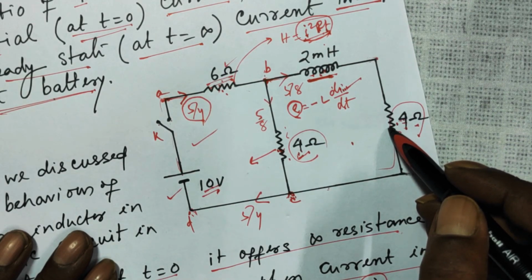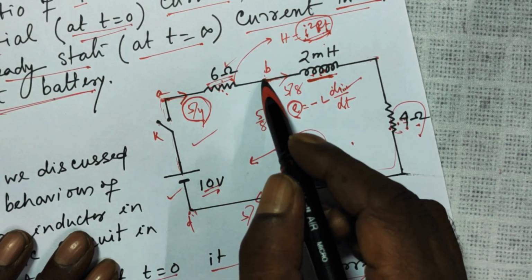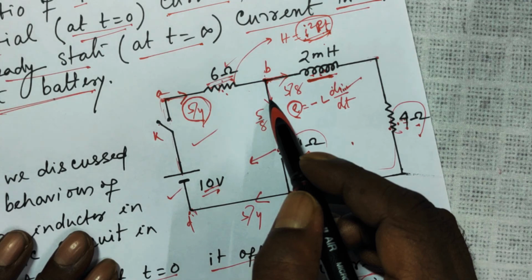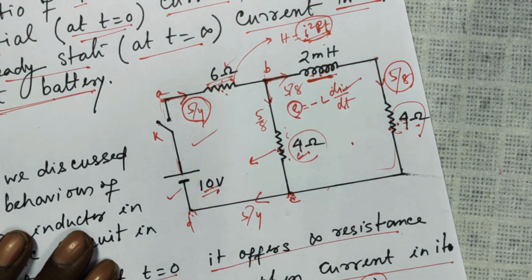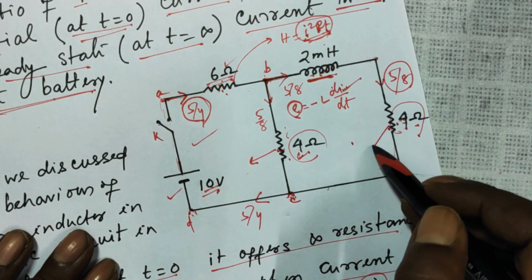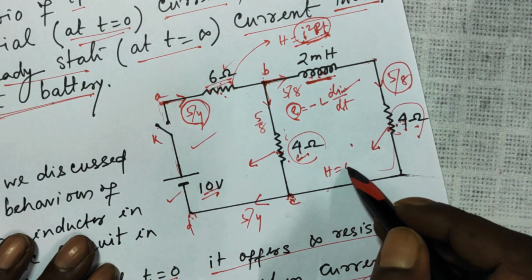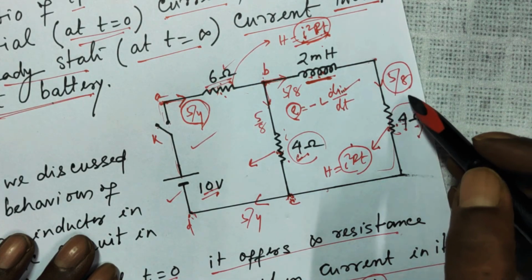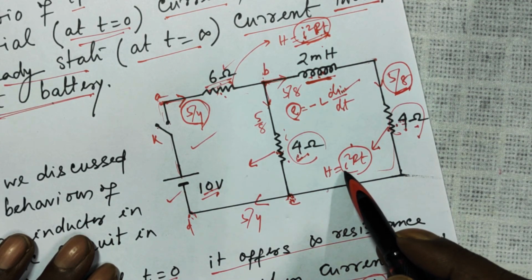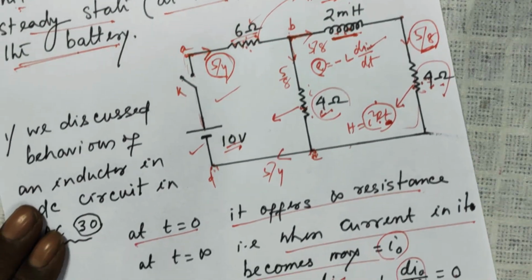They might ask you at T is equal to infinite, what is the heat produced here? At T is equal to infinite, we just calculated the total current which started from here as 5 by 4. Here it gets distributed as 5 by 8 to this side. So through this, the current is 5 by 8 at T is equal to infinite. So if they ask you what is the heat produced here in 2 seconds, then use the same formula, H is equal to I square RT. Now, at T is equal to infinite, current flowing through this is 5 by 8. So put I is equal to 5 by 8, put the value of R and put whatever time you are given to find out the heat. So that is all about it.